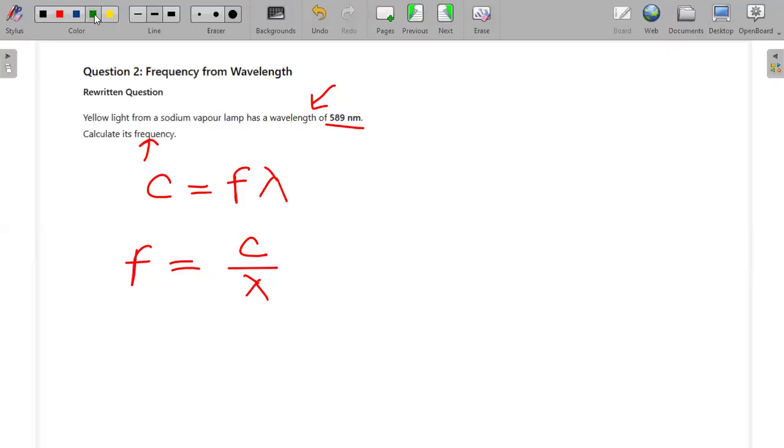So now the secret here, and the mistake that you guys mostly make, is that you don't consider the units. When you take a look at this, you can see this is in nanometers. But when I was explaining what the wavelength is, I said the wavelength should be in meters, unless they've specified to find the wavelength in nanometers. That's the only time you can leave it in nanometers. So you always leave it in what? The meters. So it means before I can use this, I need to do unit conversion,